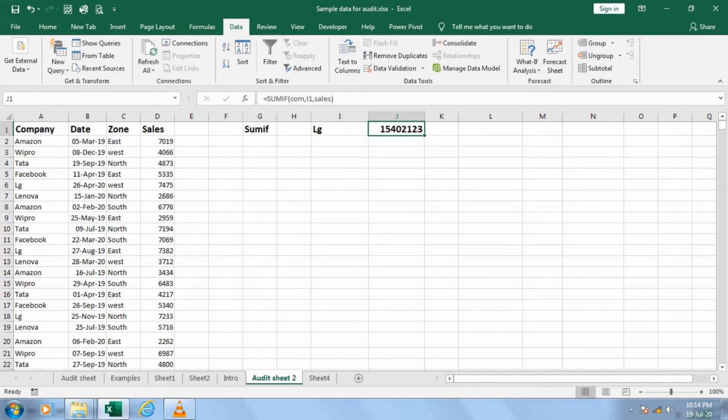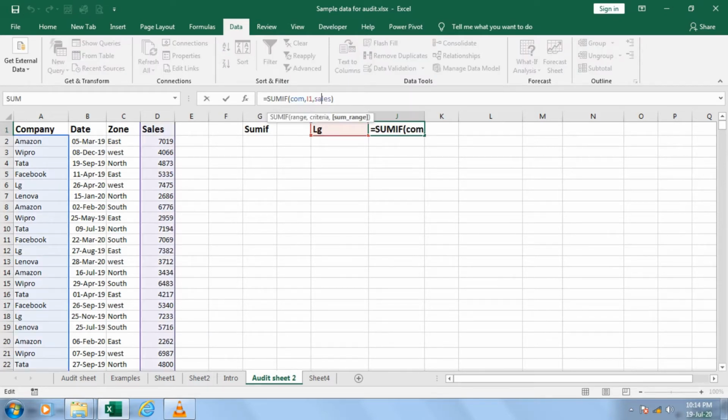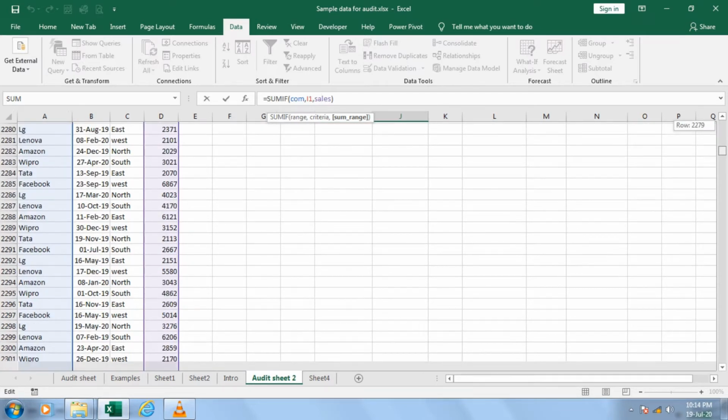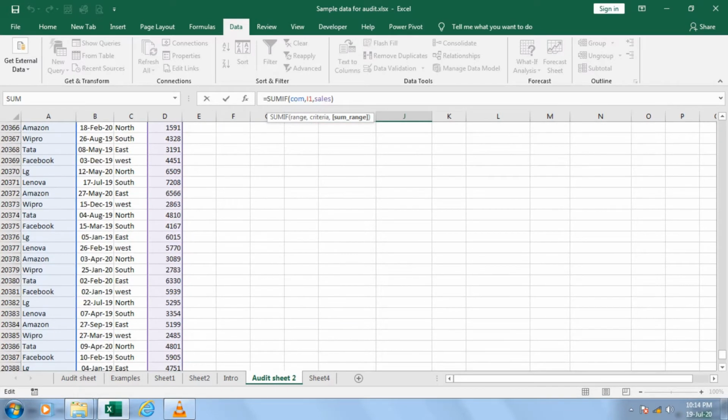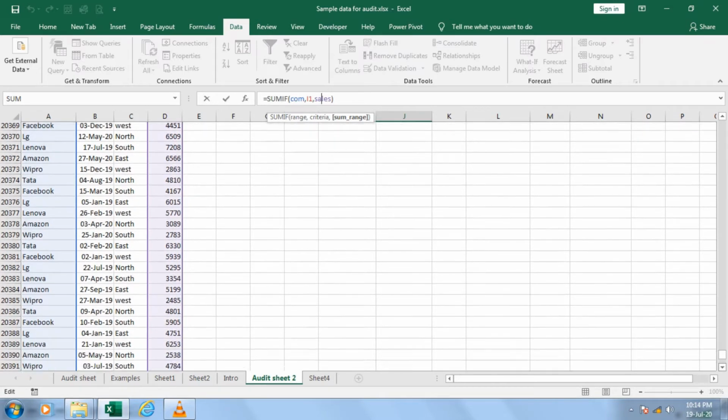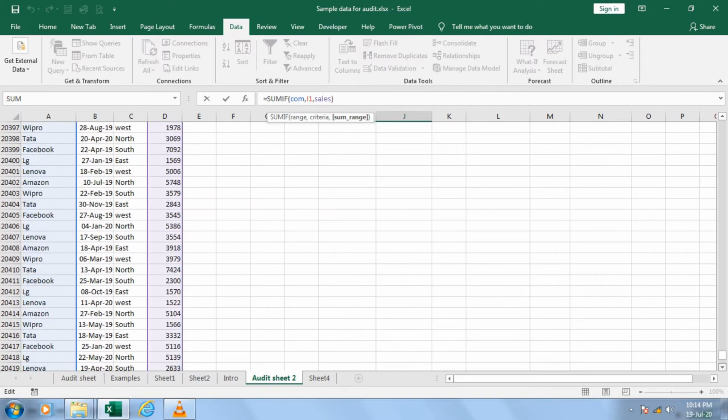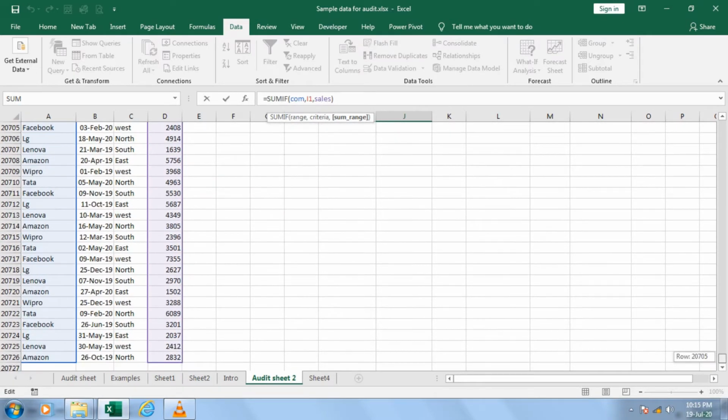Correct. So what is the error basically? Guys, when you are doing an audit, every formula you need to analyse. You cannot simply trust that this range is correct, that this criteria is correct. Whether it goes to the end, yes, we can drag it down and check it out. Yes, it reached the last cell, and there are about 20,000 rows of data somewhere. So this is very huge data. So if every day you are getting such kind of data, definitely the analysis is required.